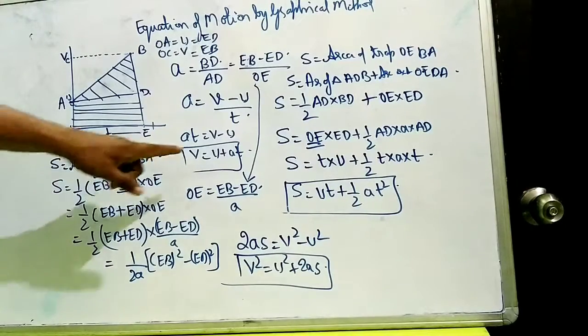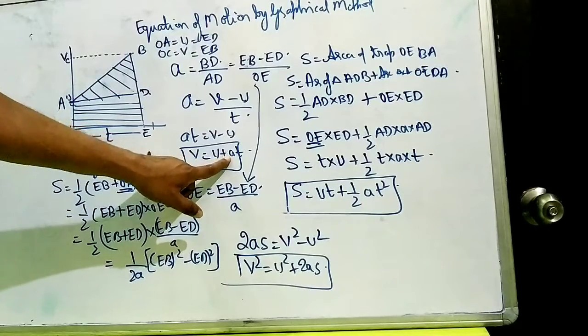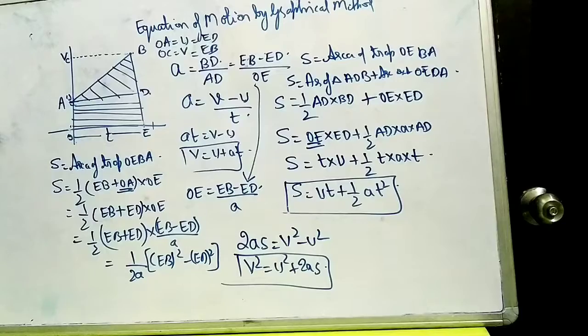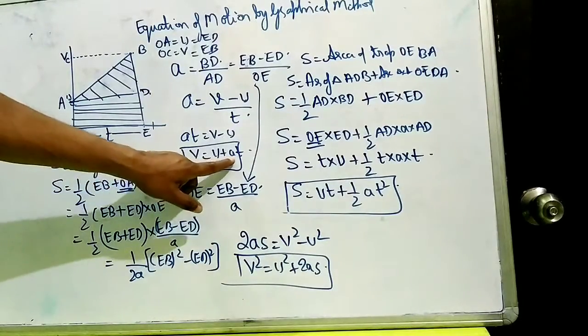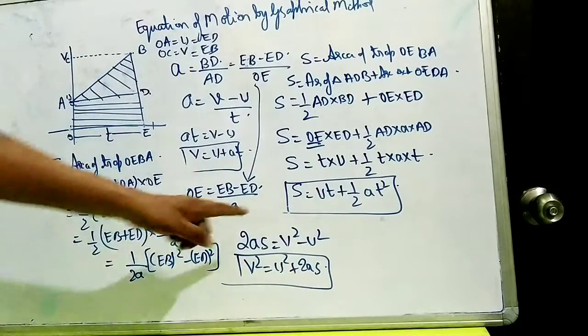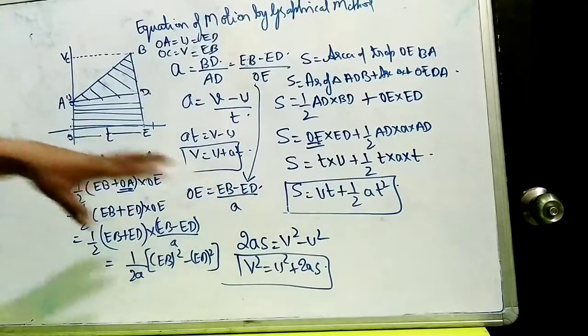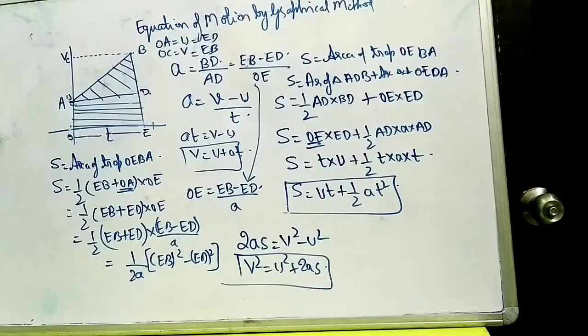These are very important things, but in place of acceleration, if there is retardation, then it will become minus in all the three equations. And if we are using acceleration due to gravity, then in place of A there will be G, minus G if the body is moving in upward direction, and in place of S there will be H, which represents the height. So three equations of motion are important. Better you learn them and find out how to calculate this by using a graph. Okay.